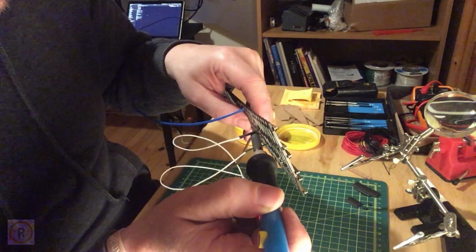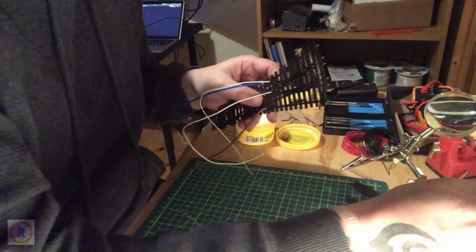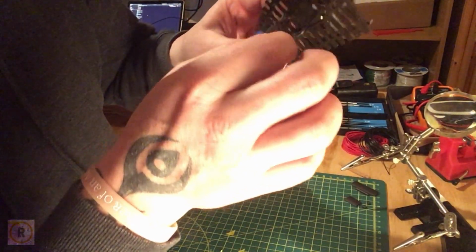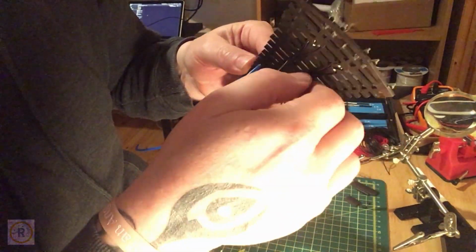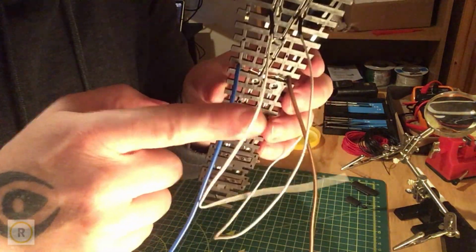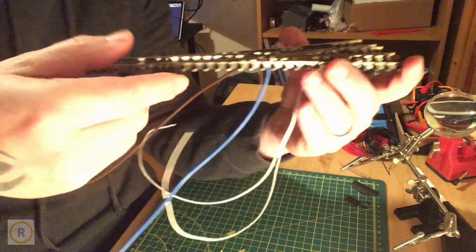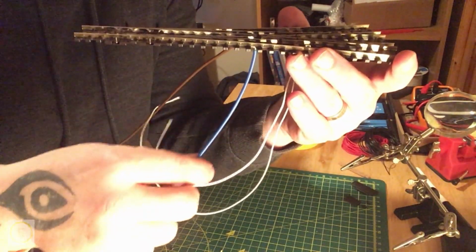Nearly there. Here we go. Again, another trick I learned after doing the heat shrink, just give them a test as well, because sometimes the heat from the soldering iron can melt the solder you just made. So, voila. Our two frog wires are here, and our two power wires are here. When we put this on the baseboard now, you would connect, obviously these are going to supply power,